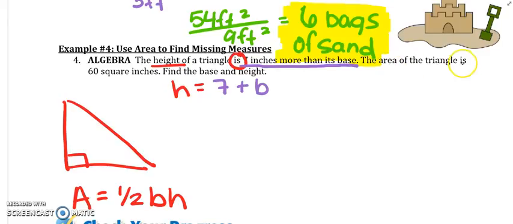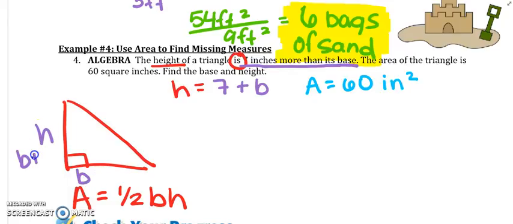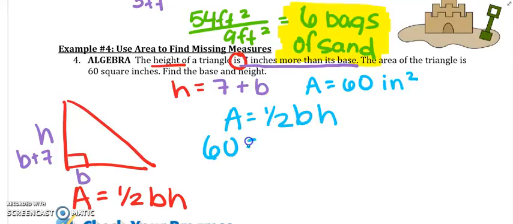Then it tells us the area of a triangle is 60 square inches. So I'm just jotting some notes down. Find the base and height. So I'm going to plug in. If you want to label this formula, this is the height, this is the base. And the height, remember, is the base plus 7, or 7 plus the base. So we're going to plug in area equals 1/2 base times height. Your area is 60. Your base is, look over here, called base, your height